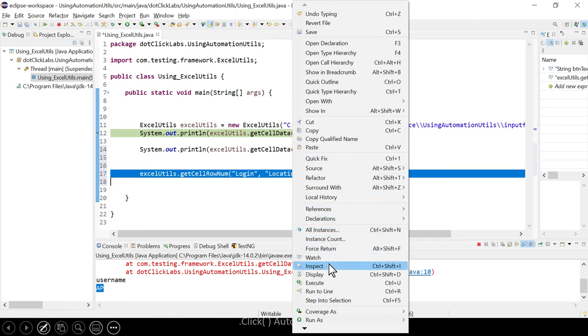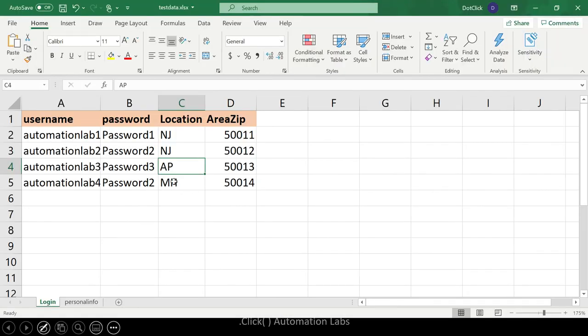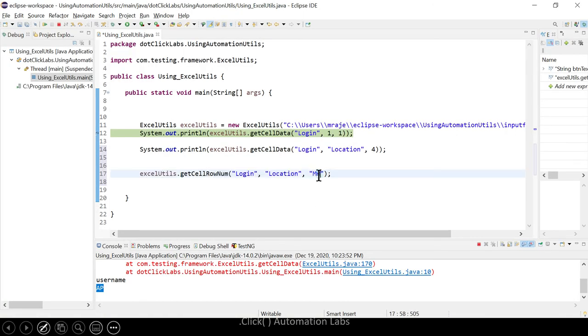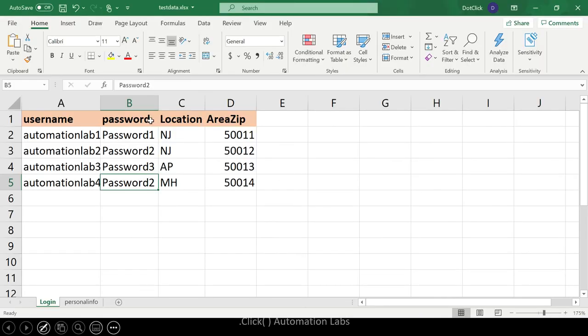You got the row number 5. MH means this is row 1, row 2, row 3, row 4, row 5. Now if I say password 2, and rather than location, I'm saying password.